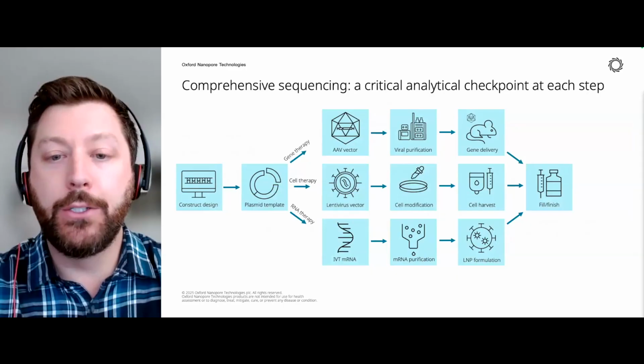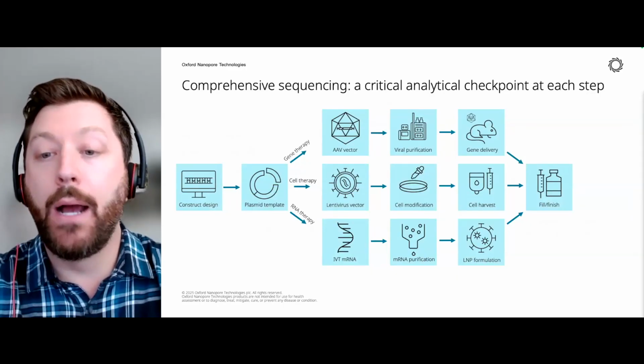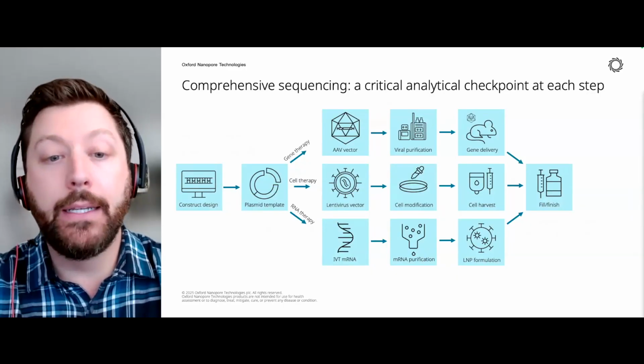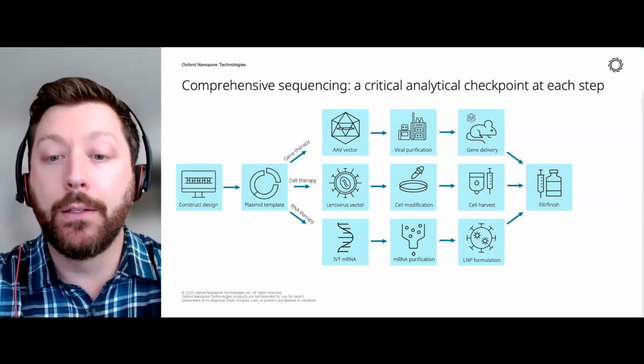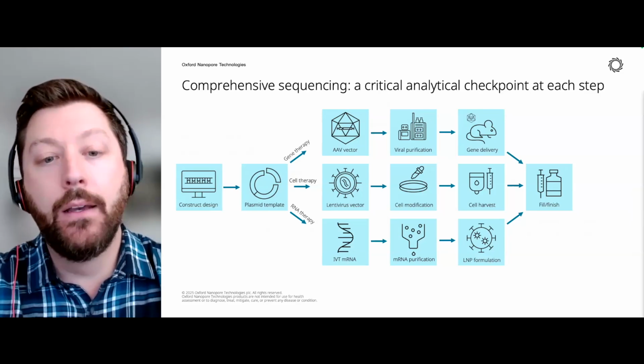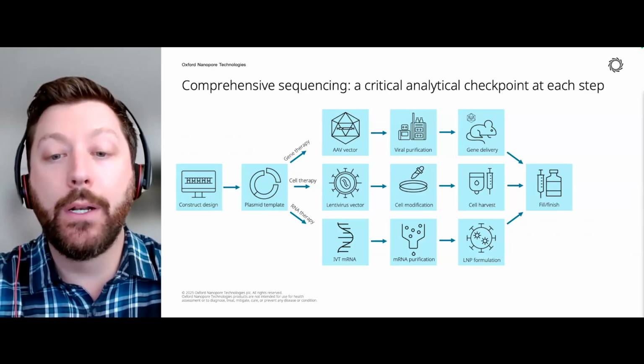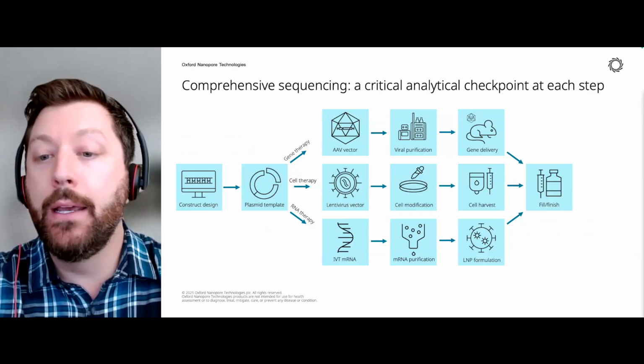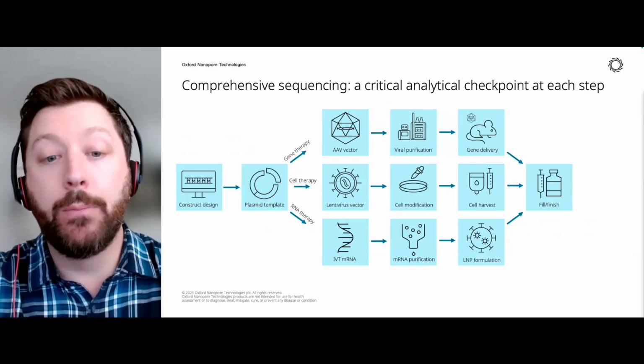Because advanced therapies such as gene, RNA, and cell therapies are biologically based, variability and errors can appear at multiple points along the development and manufacturing process. Comprehensive sequencing therefore plays a critical role as an analytical checkpoint at nearly every stage, and can help you confidently